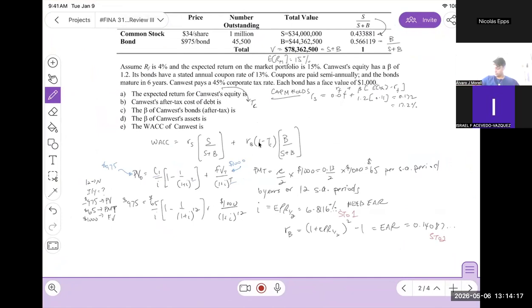And then we're going to put it in here now. I often do the 1 minus TC in the notes, so let's put that there so you can see the same numbers. So we want this 1 minus TC, so 1 minus 0.45 is 0.55, times